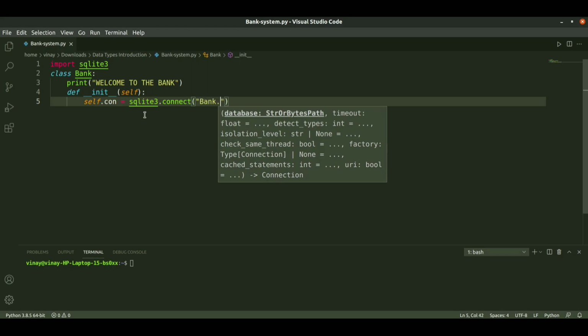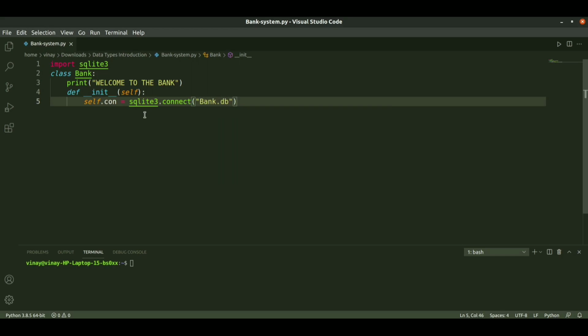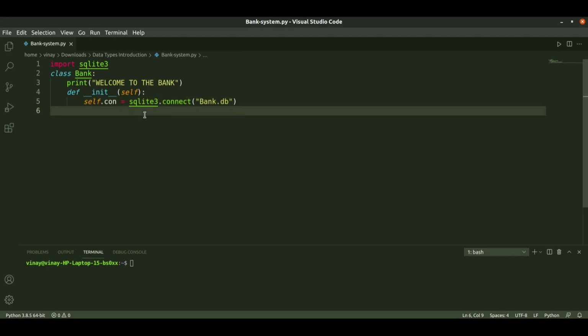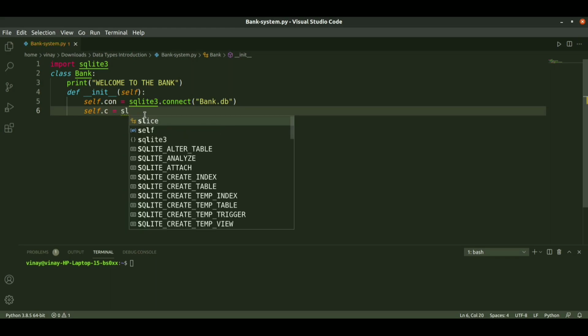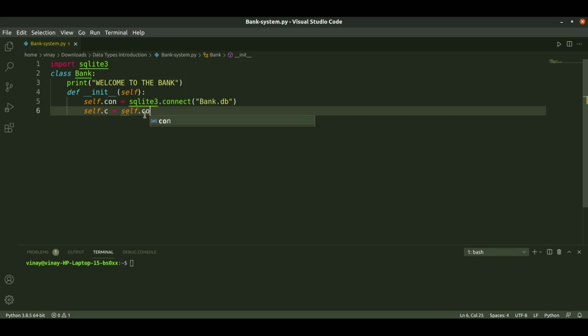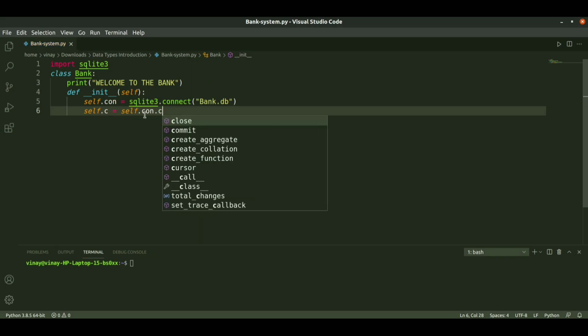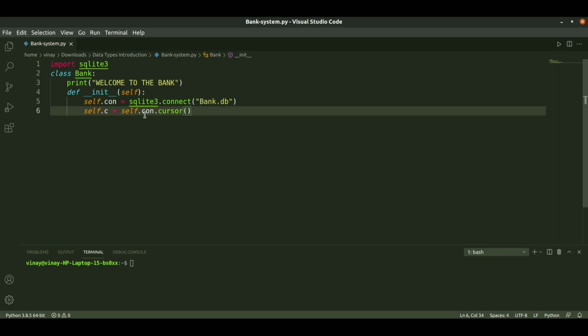So we will create it as bank.db. So we created the database file, and next we need to define a cursor. self.c is equal to self.connect.cursor. So we are connecting the cursor with this database.